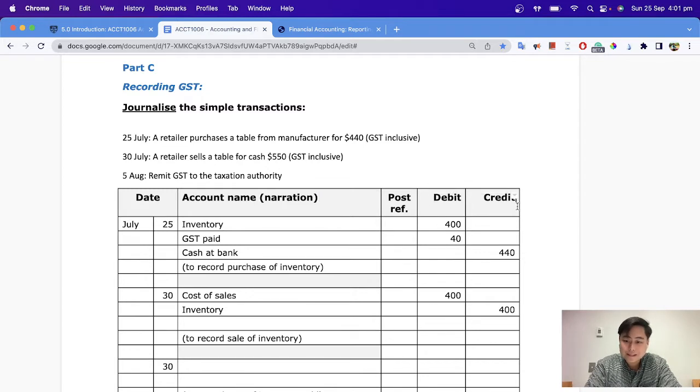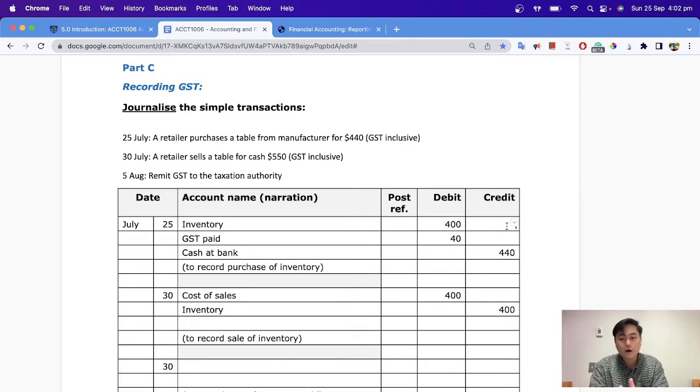As a business, you collect GST, but you also pay GST. What do I mean by this? When you purchase supplies, that usually has GST on it. When you sell your goods, usually at a higher cost than what you purchased it for, you also have GST of 10% on it. When you purchase, you could claim a deduction for the GST that you are collecting. When you sell something for